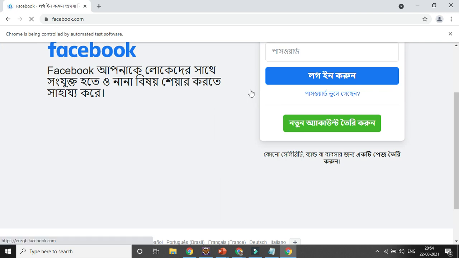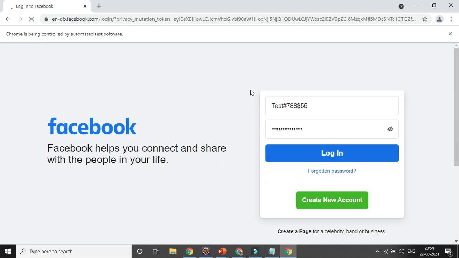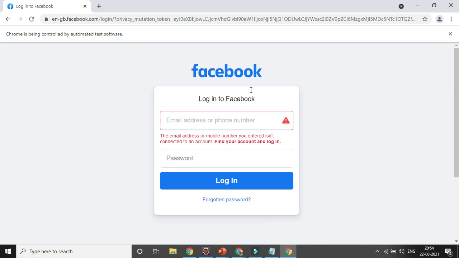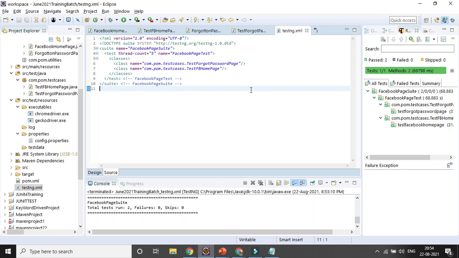Instead of that, it will be executed based on the order you are giving in the testng.xml file, right. So now it is trying to execute, it will validate that, it will close it. So in case you can get to know whether your test case is passed or failed. Right? So that's why you can also convert your project to TestNG.